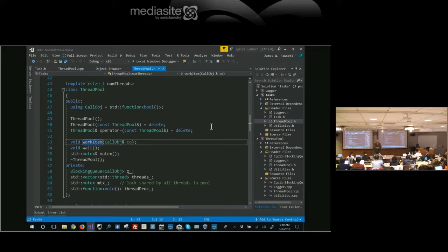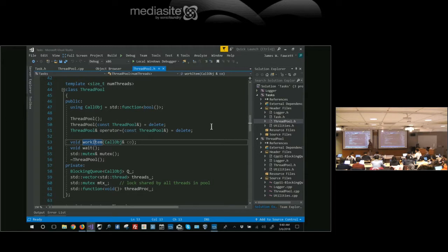I spin up that number of threads, and each thread sits there and waits to pull a work item out of the queue. And you say, but how can I reuse a thread? A thread runs on a single function. I can't change that function. So what I do is I give the thread a function that executes another function that gets pulled out of the queue. That's all I do. Piece of cake.